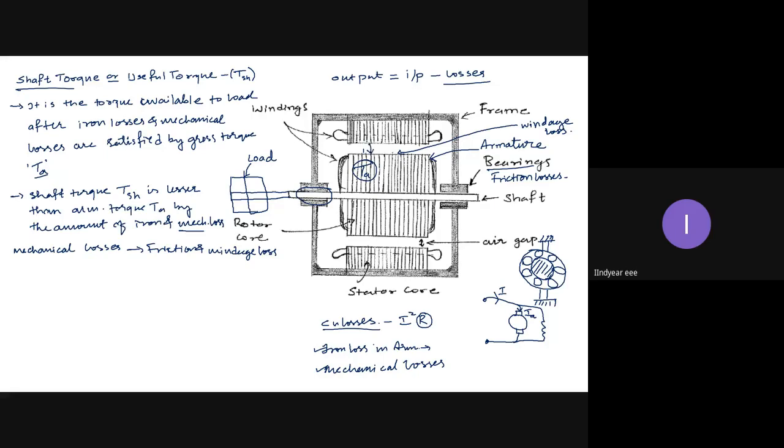Air gap is very small. It is a fraction of a millimeter, even in the largest machine. Air gap is a fraction of a millimeter practically, because of which the air is very much less. The amount of air present is very much less. And when the